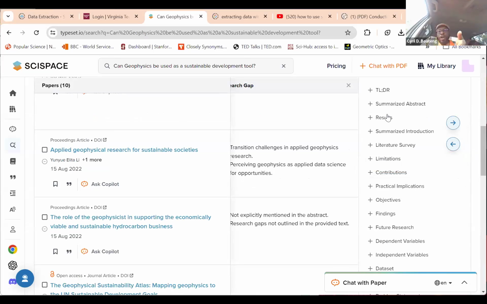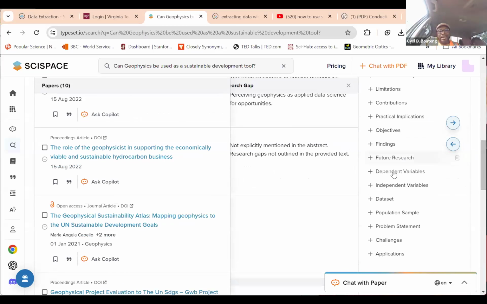So here you have summarized abstract, results, summarized introduction, literature review, limitations, contributions, practical implications, objectives, findings, future research, the dependent variables, the independent variables, data sets, population sample, problem statement, challenges, applications. So depending on the field you are in and what you are interested in for your systematic review, you could have all this.